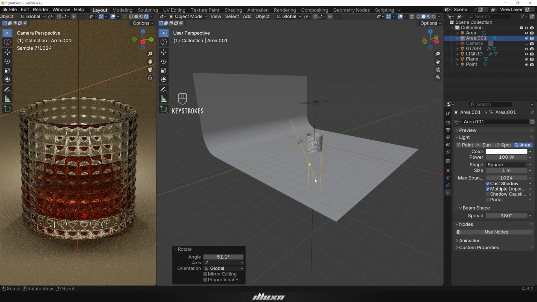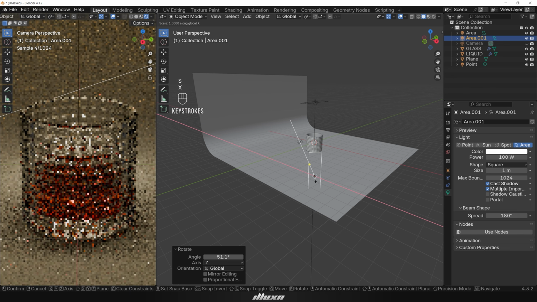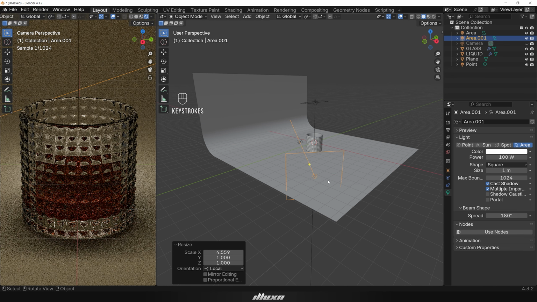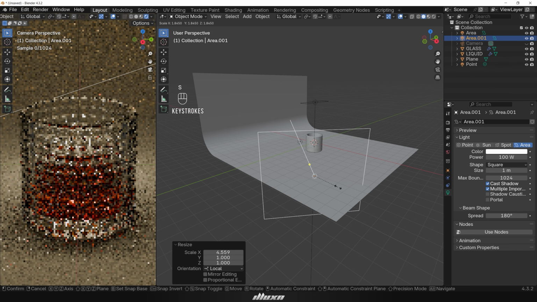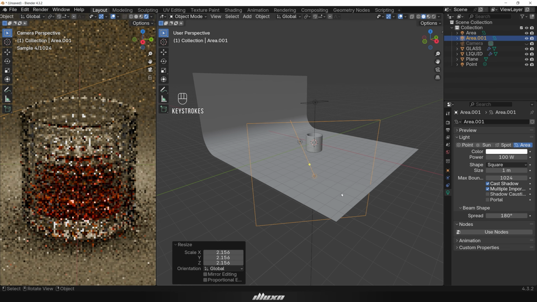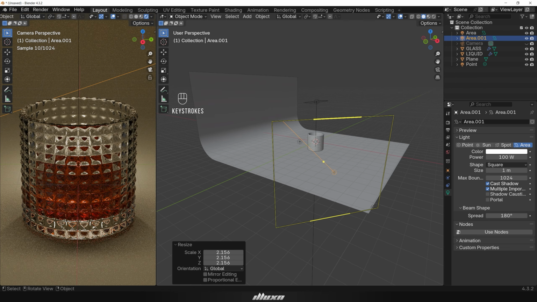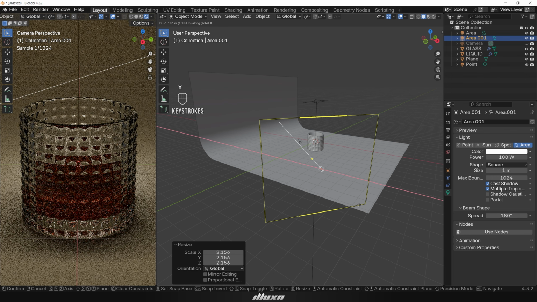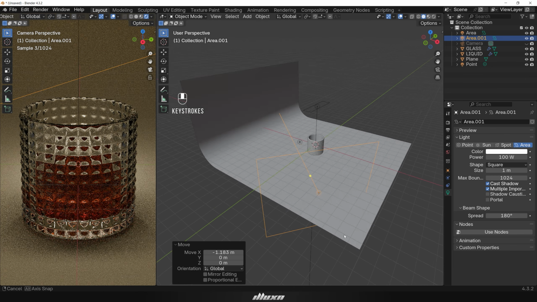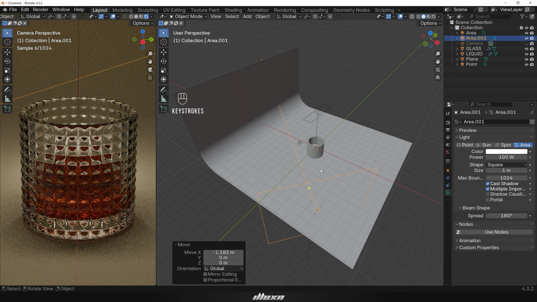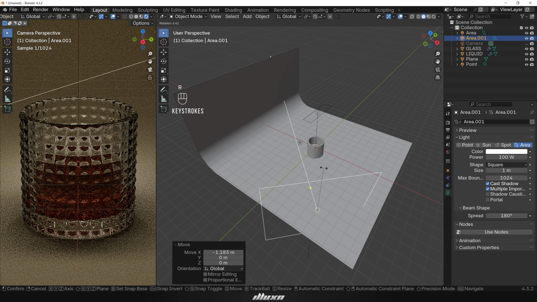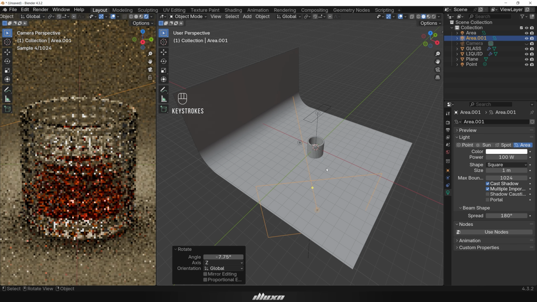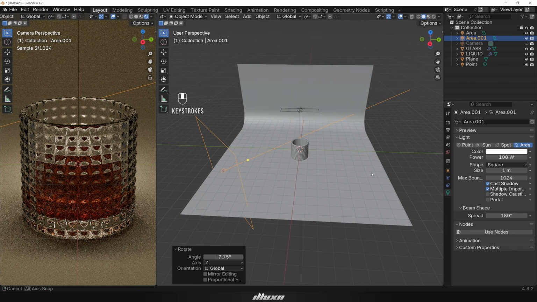Now press S and press X twice to scale the light horizontally. And again press S to scale up the light. And press G to move the light a bit to the back. Adjust the light a little bit. Once you're okay with how it looks,